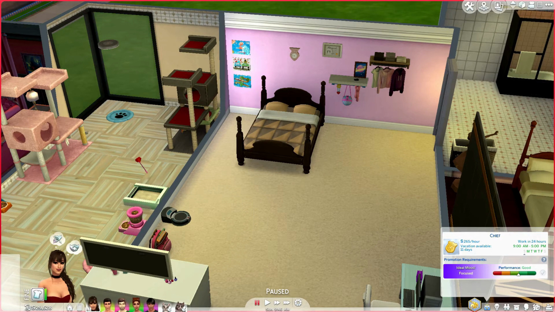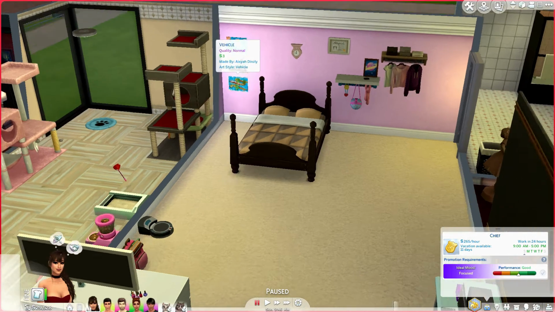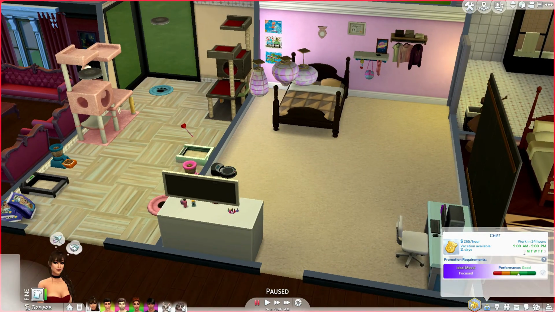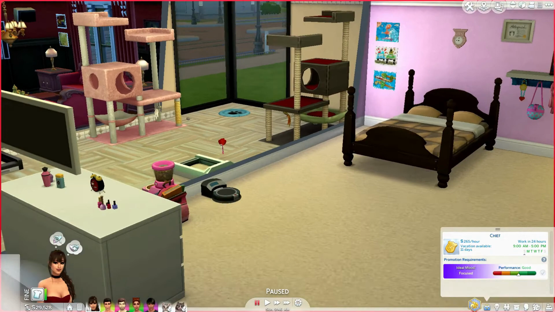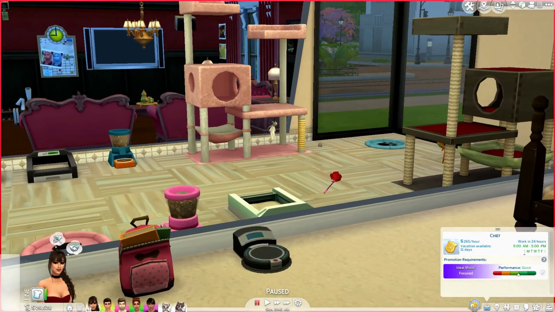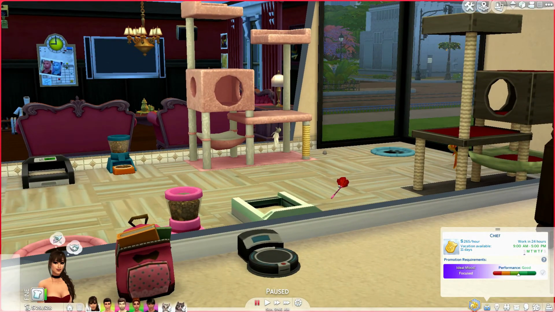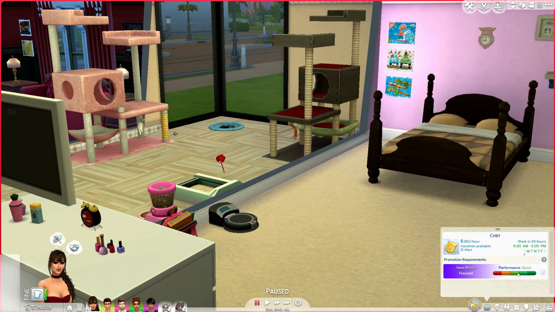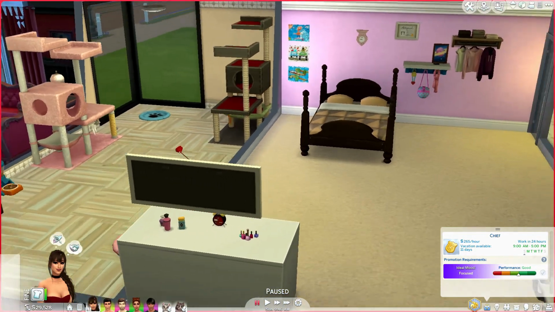Yeah, it's pink because Aisha loved pink. And there you can see Aisha's little toddler art, it's so cute. It's still there, and it's quite sparse because I don't really know what to put. And oh, look, I have a robot cleaner. It actually comes with the Cats and Dogs expansion pack. It's damn cute. You can set a schedule for it to auto clean anytime you want. You just have to remember to clear the thing, but it will just go around and like